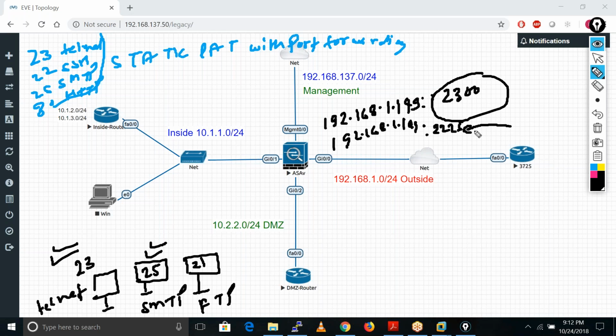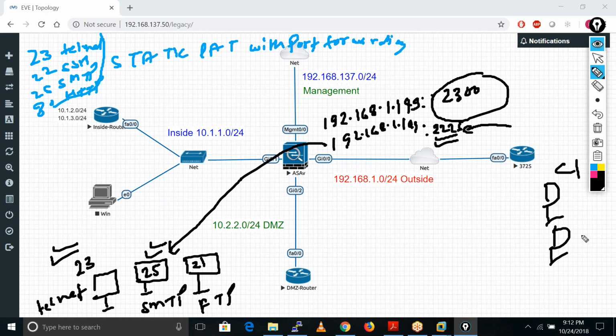So when the ASA firewall received the request on port number 2525, it sent this request towards the SMTP server. The internal users, or any company like company C1, company C2, this organization provides mail server services.